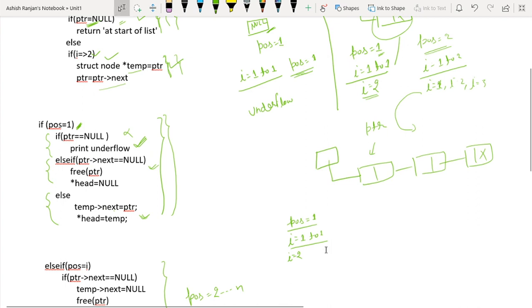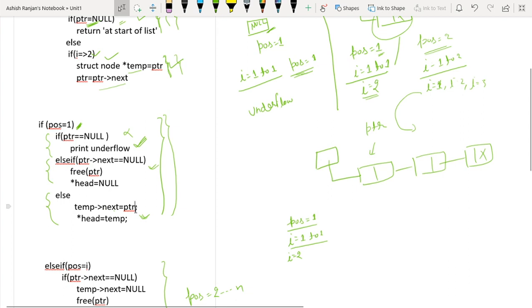Sorry, here there is some problem in the code. I want to delete from the front. So here it will not be temp's next. What will be here? Here pointer of head. There is some problem in this code.